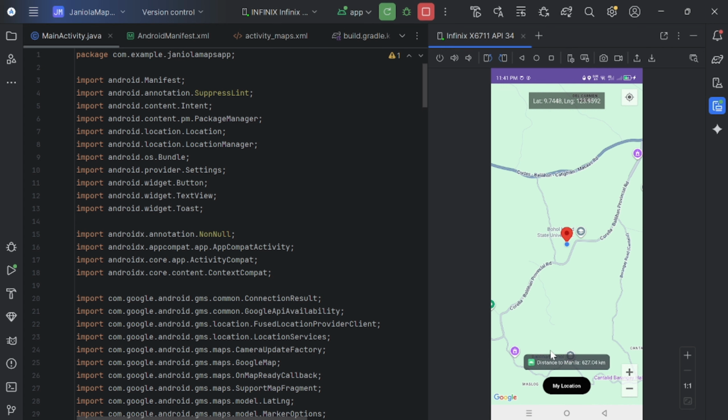Okay, now, oh, this one, the distance to, oh, I didn't see it. So let's run it again.